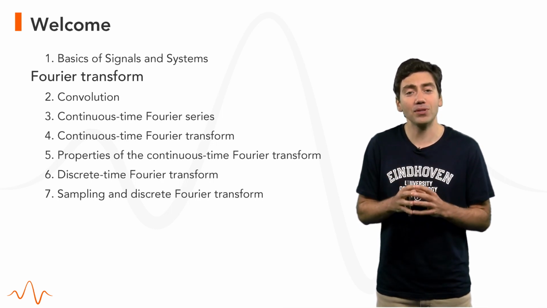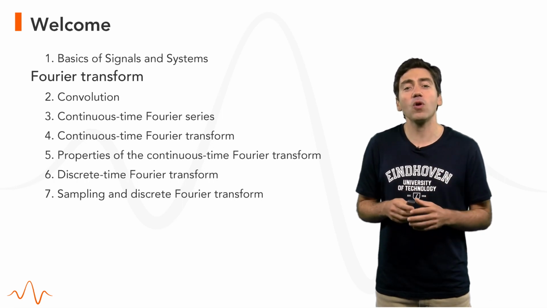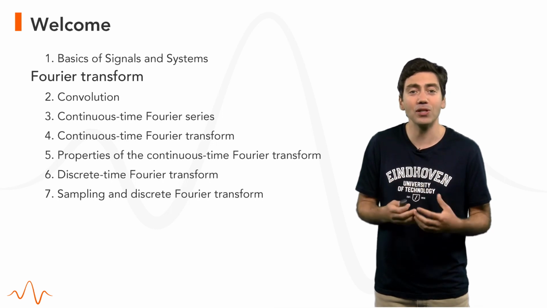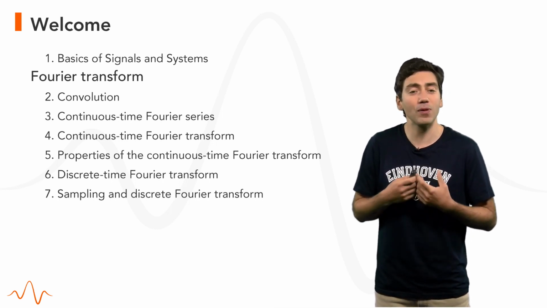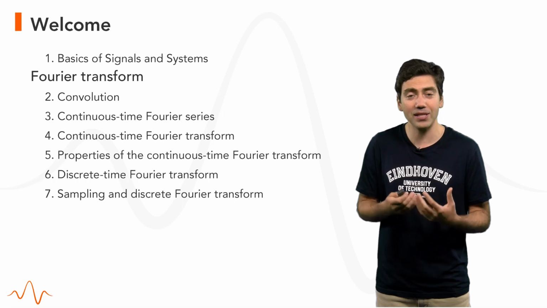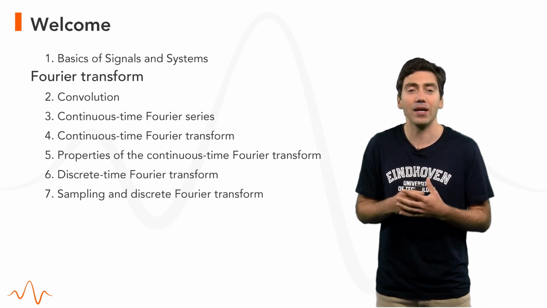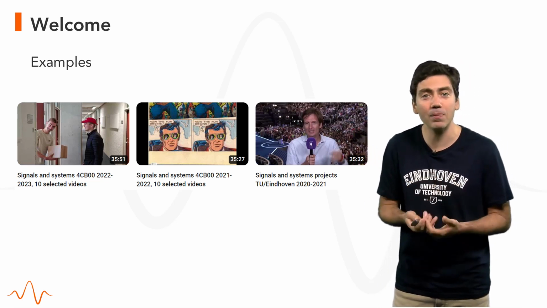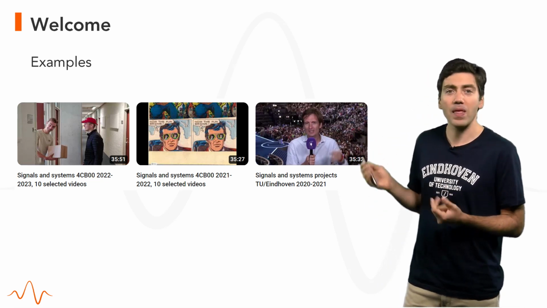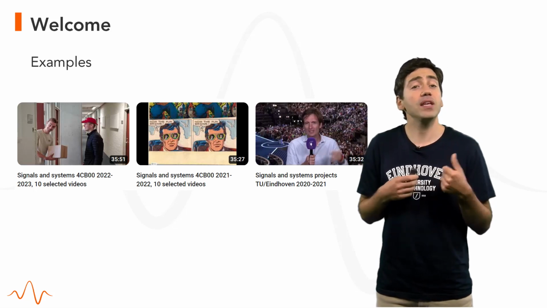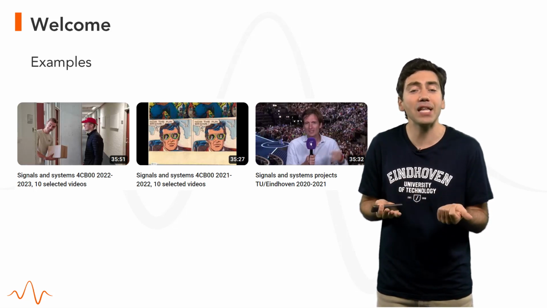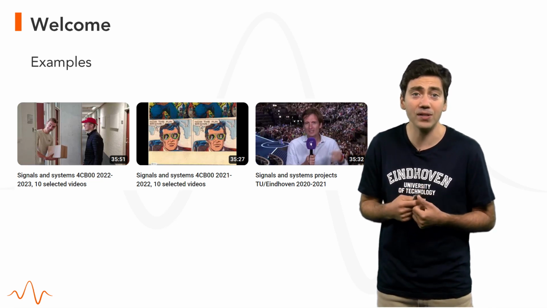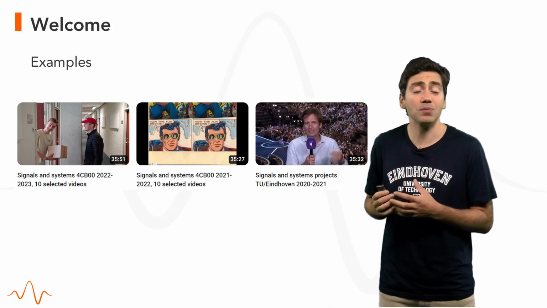Especially this last concept of the discrete Fourier transform is something you can easily use to make yourself many interesting projects. The main goal of this course is then to empower you to conduct one such project or to use the discrete Fourier transform or the Fourier transform in many projects, engineering projects in your life. Now, many examples of projects that students have developed over the years can be found in these links. The Fourier transform can help you tuning a musical instrument such as a guitar or a piano, remove unwanted echoes from a voice signal, compress a signal, and much more.